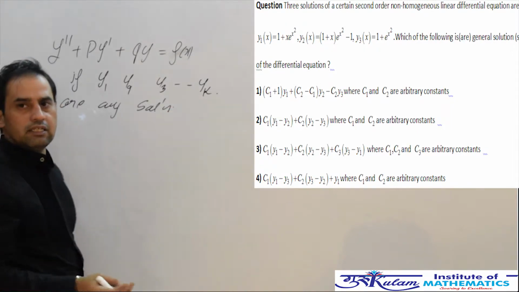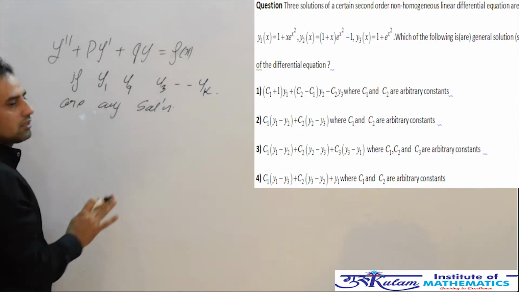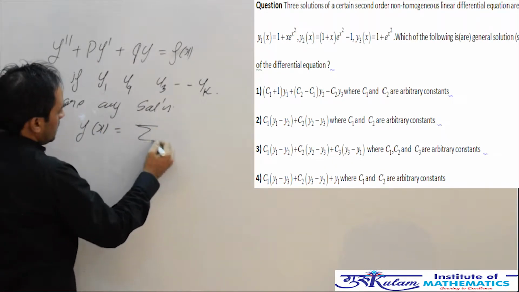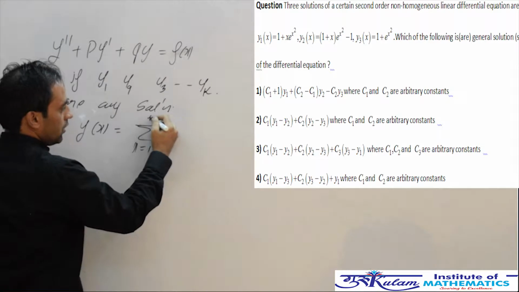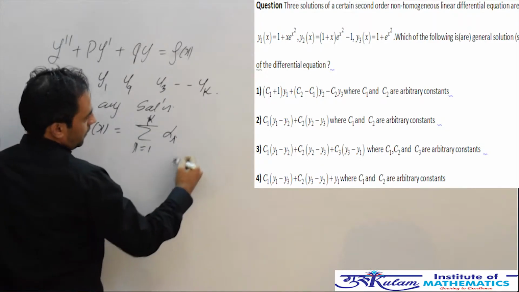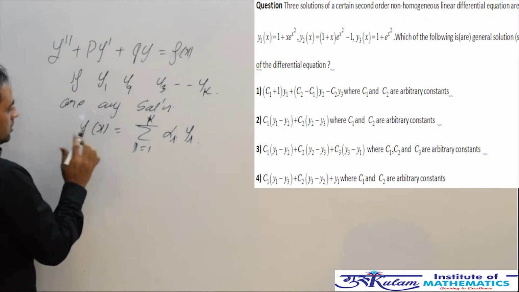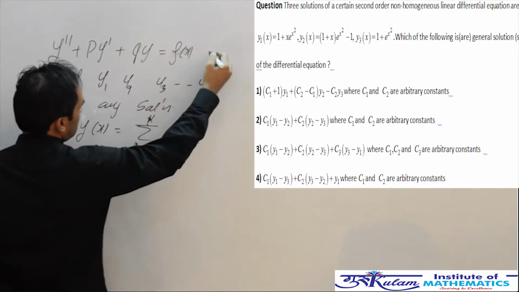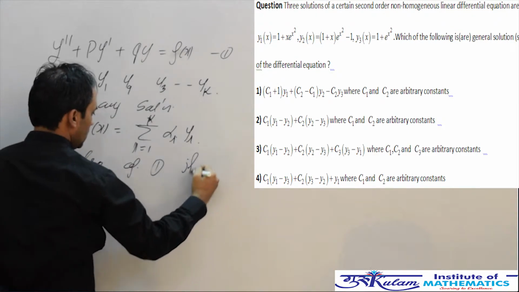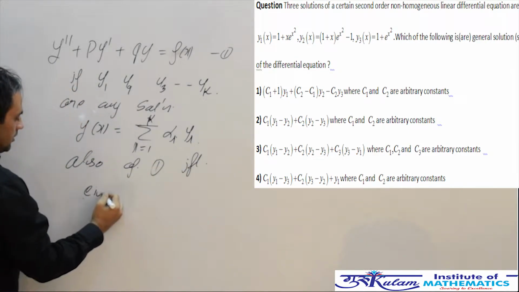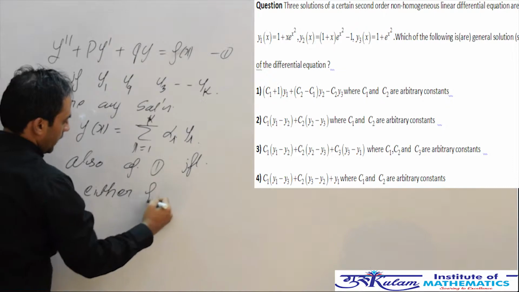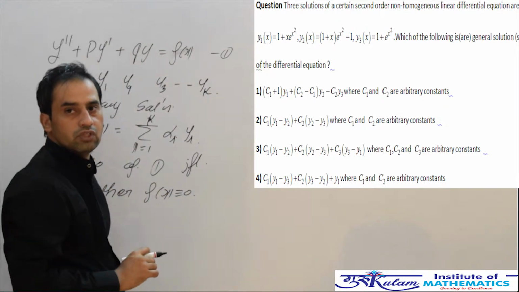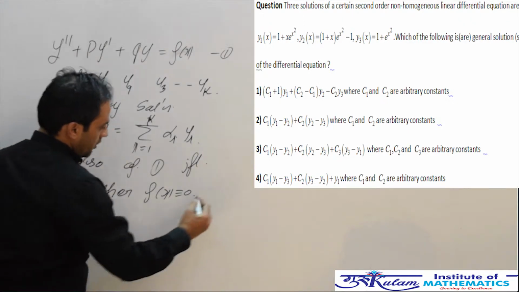maybe linearly independent, maybe linearly dependent, it does not matter. So there are some k solutions, then y(x), which is given by the summation, i varying from 1 to k, of constants alpha i times yi, is also a solution of equation 1, if and only if either f(x) is identically 0, that is, the given equation is a homogeneous differential equation, or